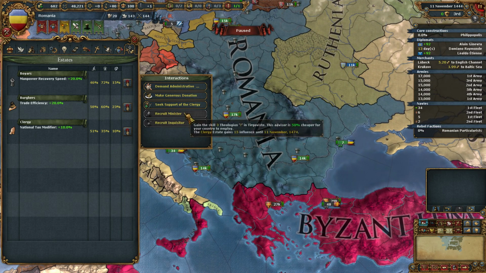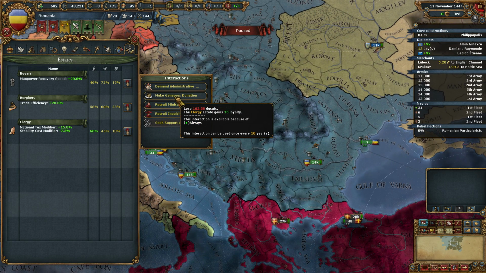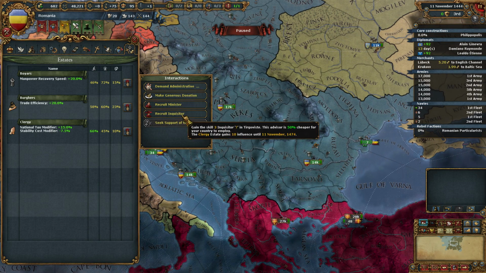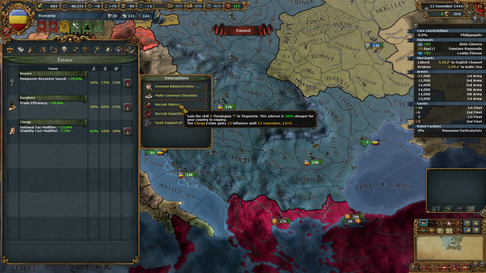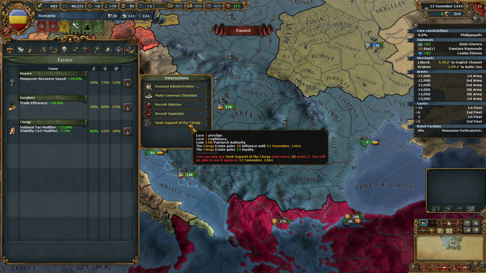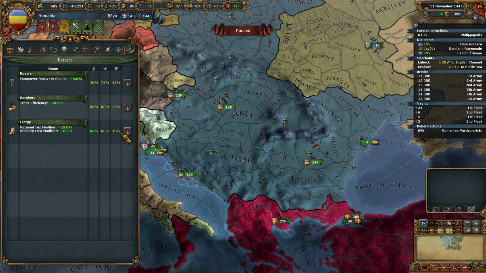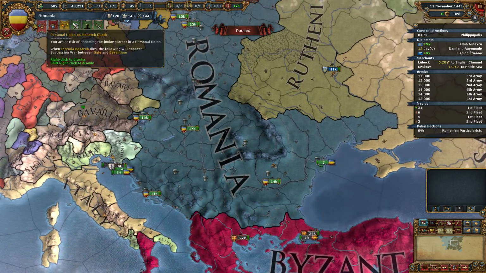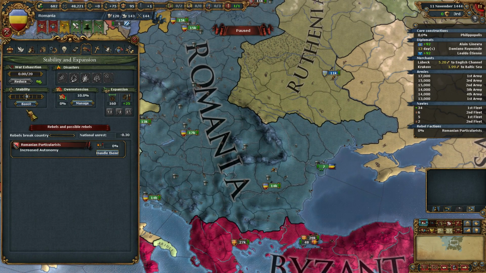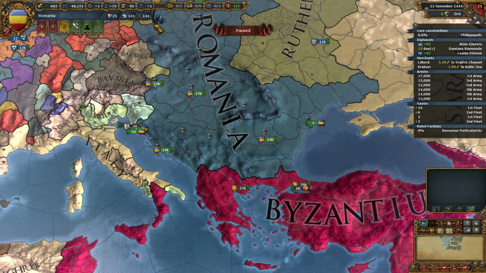Now for the clergy, we need to seek support. I don't want loyalty, I want influence. I think I will grab a minister. 15 influence, sure. And then get some admin points. Alright. So we're now caught up. We can boost our stability by 1. Sounds good. And then...